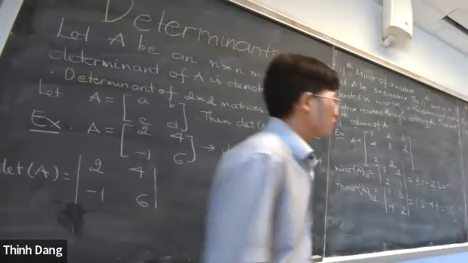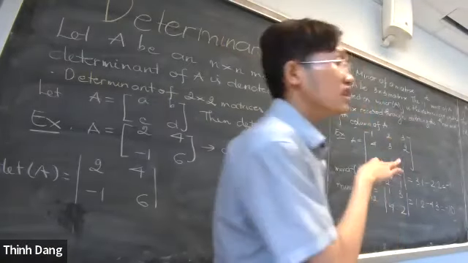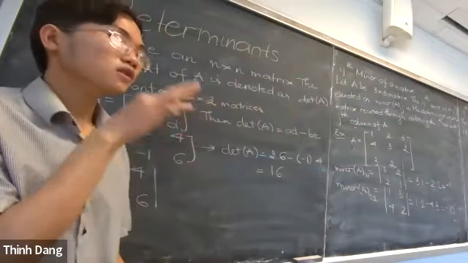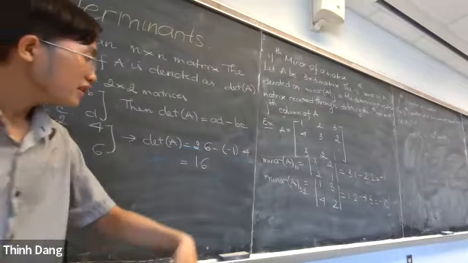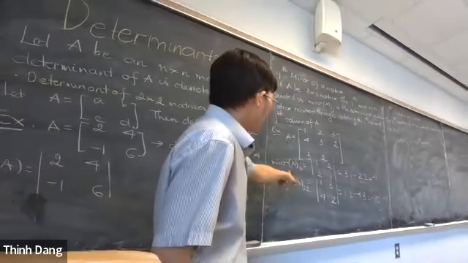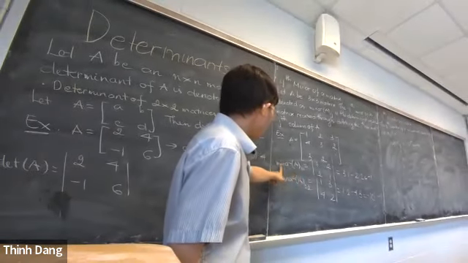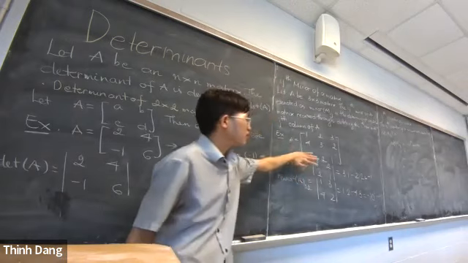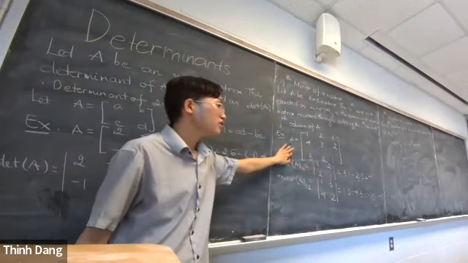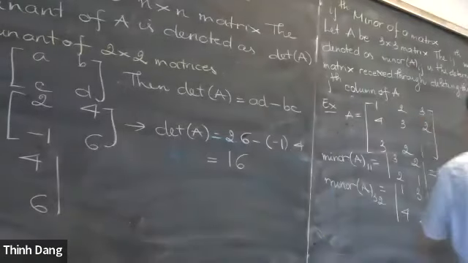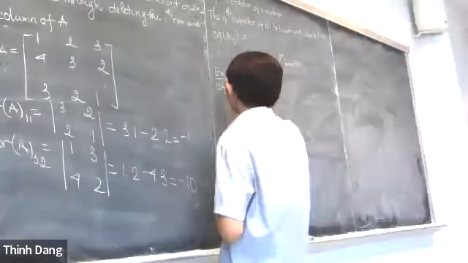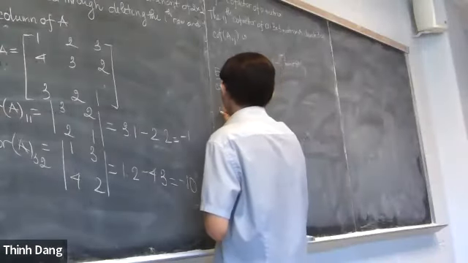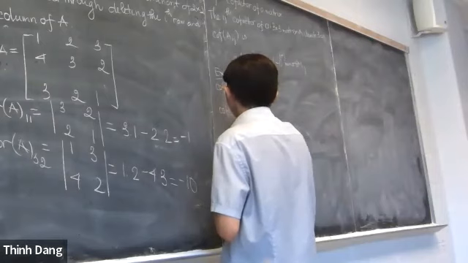Because you are multiplying that number with another number, the ij cofactor of a matrix is also a number. For example, using the same example, if I want to construct the cofactor A11 and the cofactor A32,